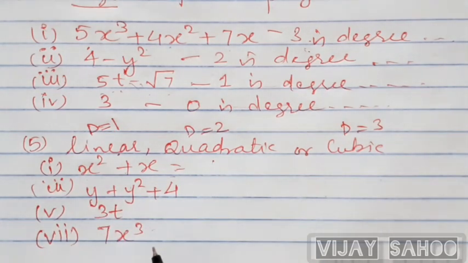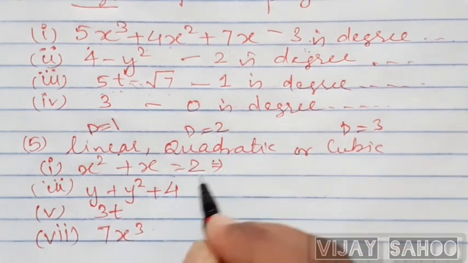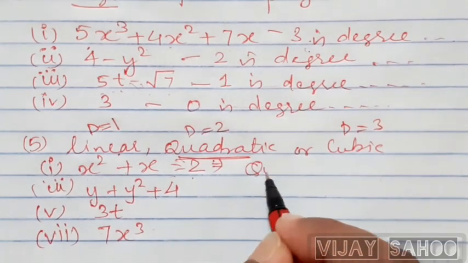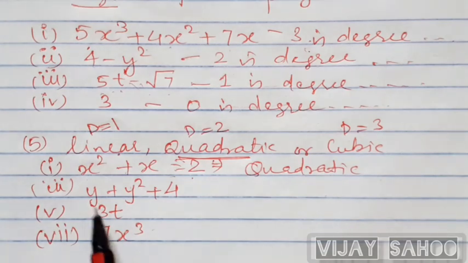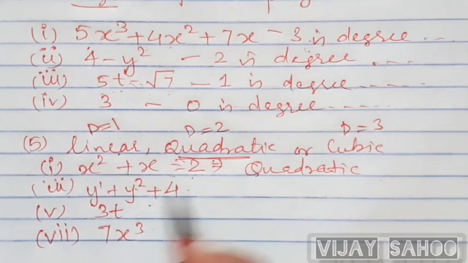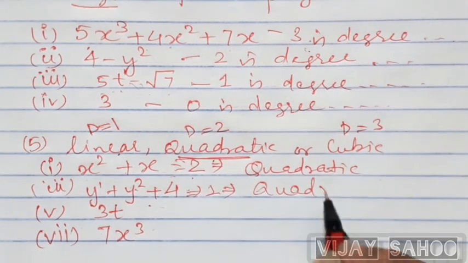Now what is the degree of this equation? You can easily say, the highest power. The highest power is 2, so the degree is 2, and it will be quadratic. So the equation is a quadratic equation. Okay. Now here the degree is again what? 1, 2, 0. The highest power is 2, so the degree is 2. So your answer will be quadratic.